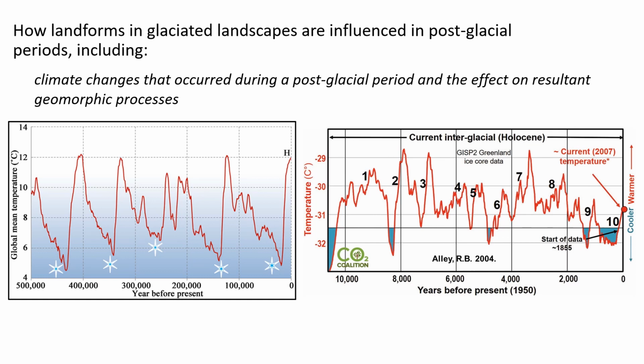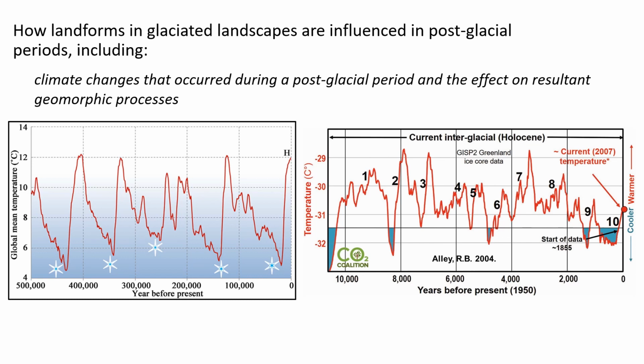So if you have a look at the image on the left, we can see little snowflakes where we've had very deep ice ages, very prolonged periods of cold. And the red line shows that after those, you get a rapid increase in temperature, looking from about 4, 5 up to 12 for the global mean temperature in degrees C. And it's at that period of time that we're interested, what's happening as we transition out of ice ages into